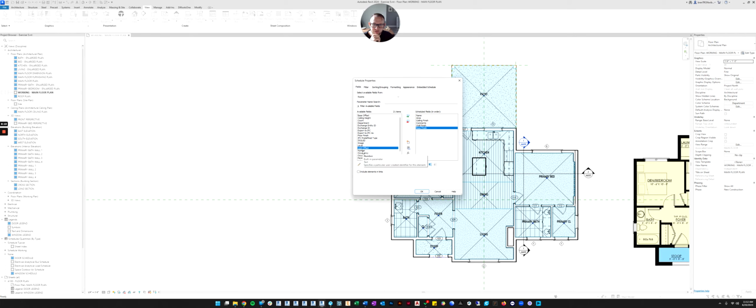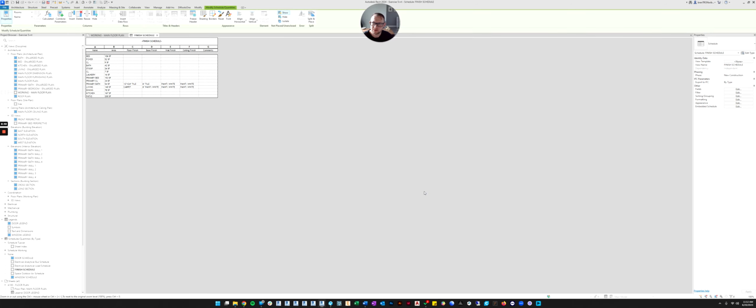Why am I not seeing the floor finish? Am I blind? It's right there, right in front of my face. Okay, floor finish. So now we want to reorder these correctly. So we want name, area, then I like to start at the bottom of the room. So we'll highlight floor finish and push it up the list. Floor, then base, then wall, then ceiling finish, then comments. How about that? So that'll be the order of our columns, and we'll click OK.